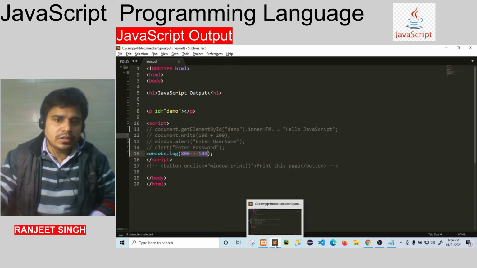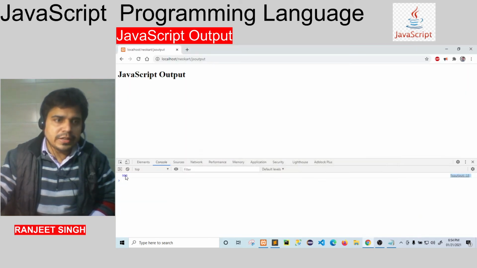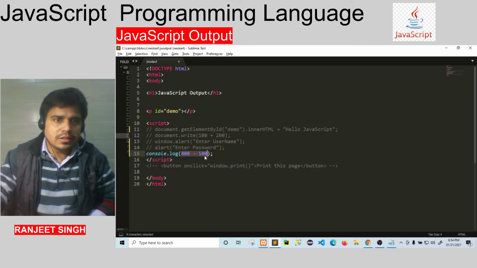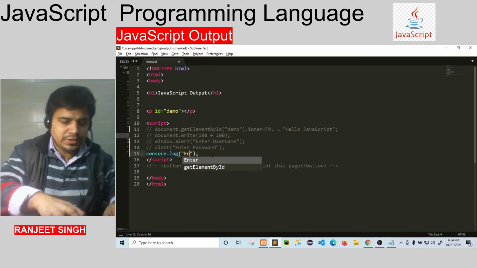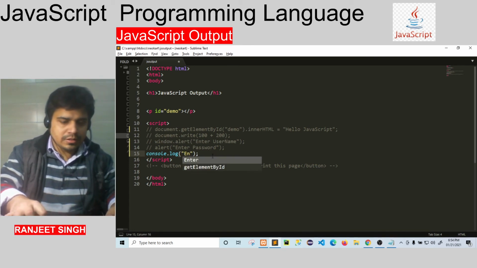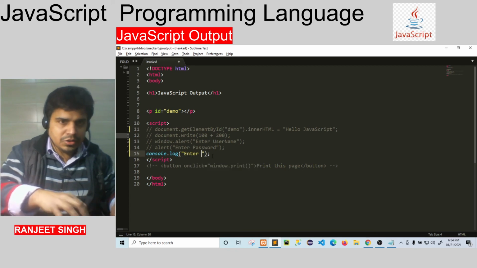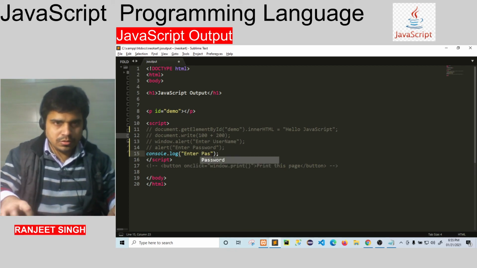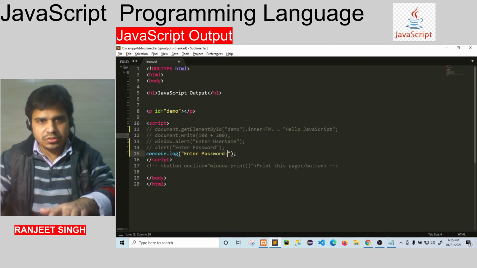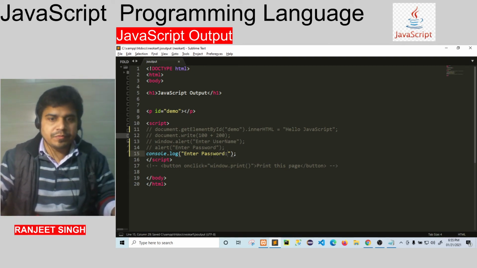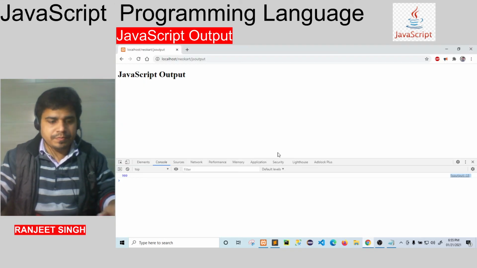If we change something, suppose we write enter password, and now save and run.